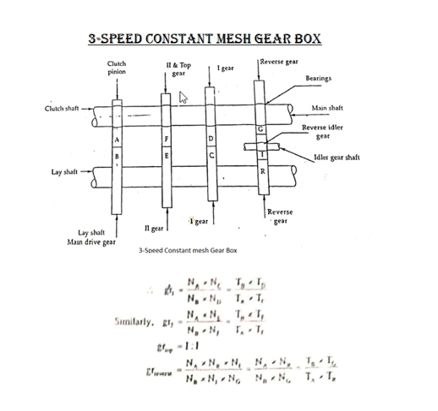And the main difference between sliding mesh and constant mesh gearbox is, in the constant mesh gearbox the gears are always meshed with each other, but they are not transmitting the power. But in the sliding mesh gearbox, whenever we need the power, at that time we slide the gear which we need. First gear, slide the first gear, second gear, slide the second gear.